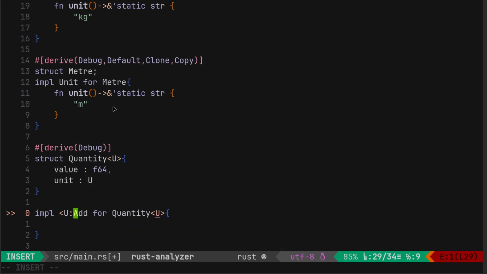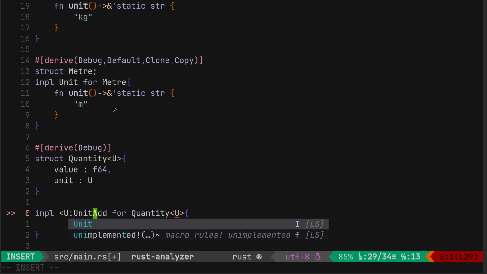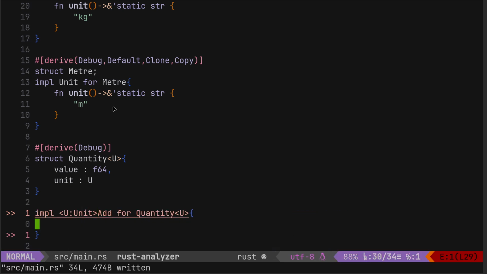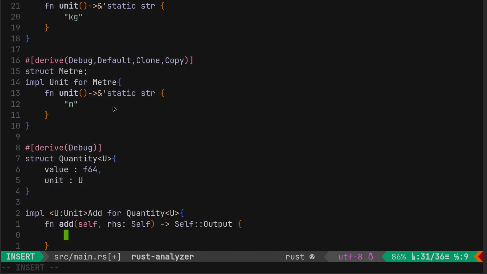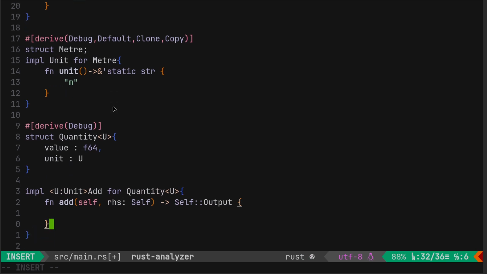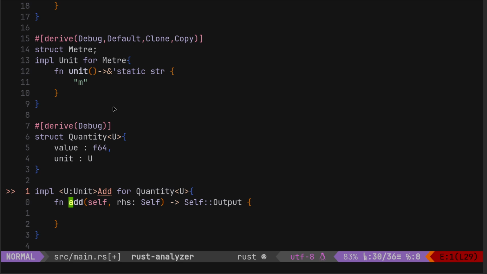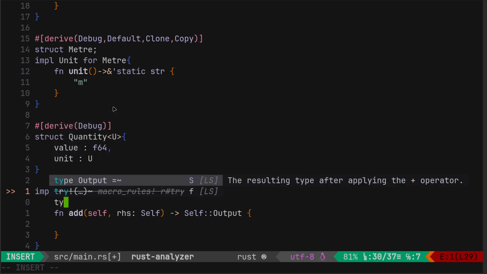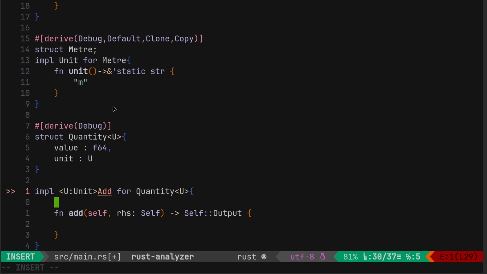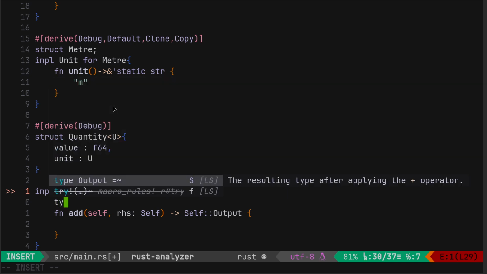Sorry, U, which is bound by the unit trait. There we go. So then if we do, let's just do fn. So it throws up the option of fn add. It's not giving us an error so far, but it will because it needs this. When you use std ops, you need to do type. Because I've got Rust Analyzer here, I do type and then it knows that it needs